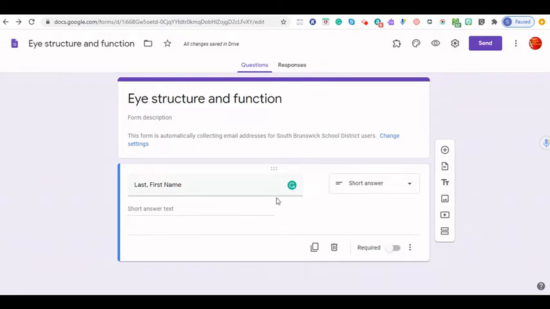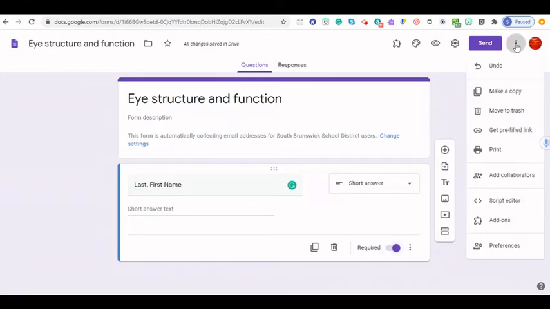Now, this is the first question. I want to convert this into a required question. So I can just click this and make this a required question. But then if I do that, I have to go to every single question and make it a required question. To avoid that, all I can do is go to the toolbar at the top, click these three dots and go down to preferences